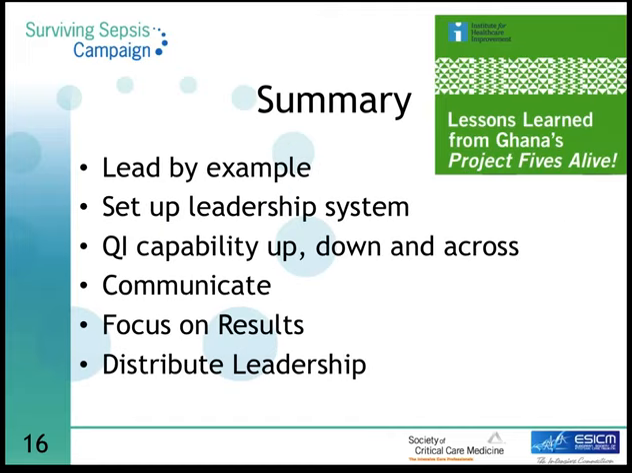So in summary, lead by example. Set up a leadership system that's going to work for your spread project. Make sure that all of those involved in it have strong QI capability. That means up and down your organization and across your organization. Communicate your expectations, accountability, the challenges, the results, and the breakthroughs that you have around some barriers and infrastructure issues. Focus relentlessly on